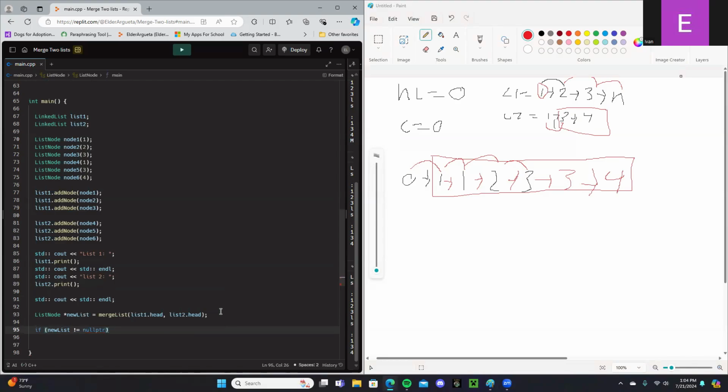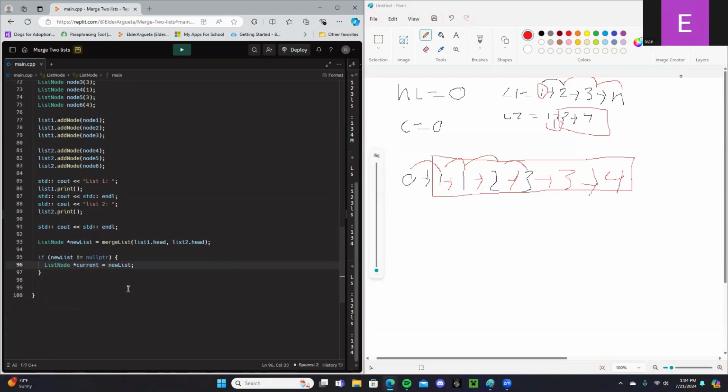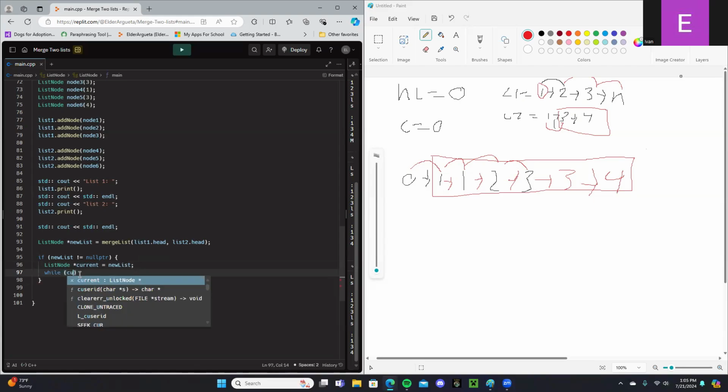So if there's elements in new list, list node current is equal to new list. So current is going to be this, so we can cycle through boom, boom, boom, the new list. We say while current does not equal null. So while there's still elements within new list,